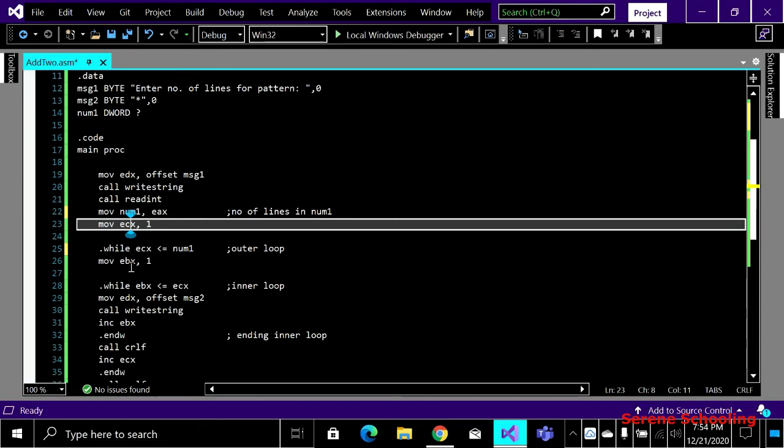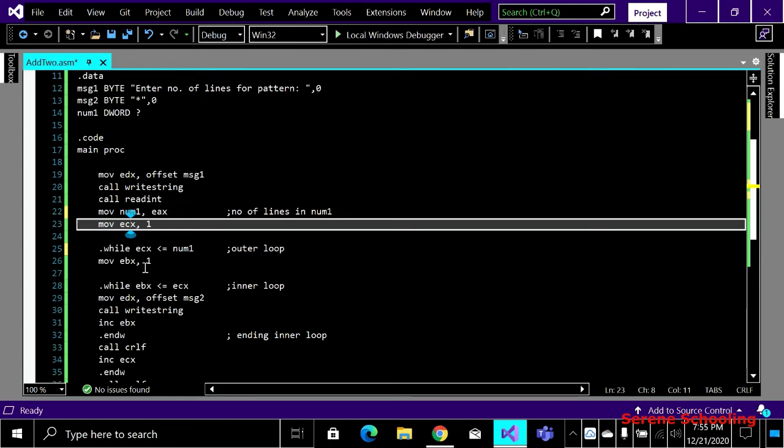Inside my outer loop, I'm starting another loop for controlling the number of columns, and for columns I'm using the EBX register. This is not a for loop, as we have discussed once that in a loop instruction we can use only the ECX register, no other register can work. We can use EBX. You can also use ECX if you don't want so many registers, but this is a simpler approach, I guess.